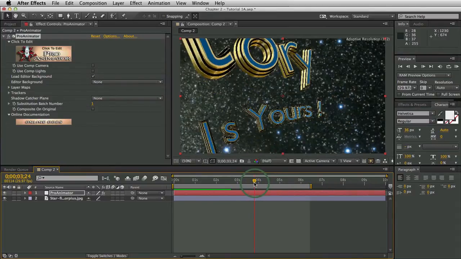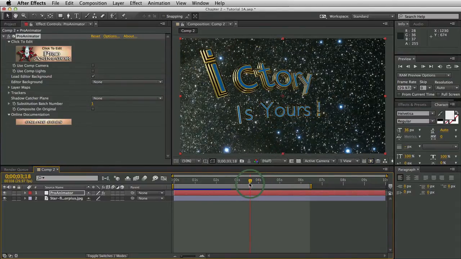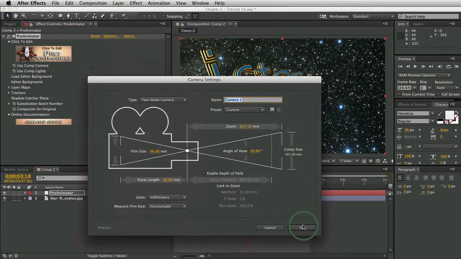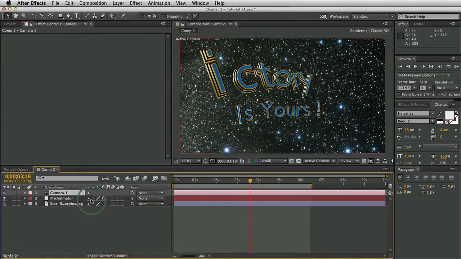Okay, definitely cool. Now, like I said before, now you're back in After Effects space. But before we leave, let's talk about a couple more things that are specific to the After Effects plugin, and that's dealing with the comp camera and the comp lights. First of all, comp camera. Now, there is no comp camera here right now. So if you go up here and add one, layer, new camera, and then click OK, the comp camera is now here, but you'll notice that nothing happened as far as ProAnimator goes.